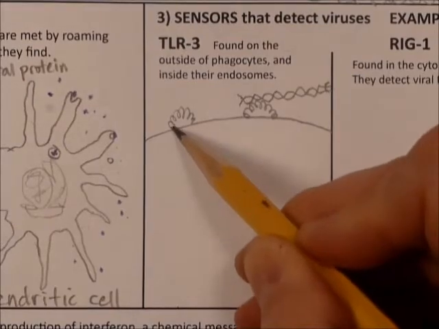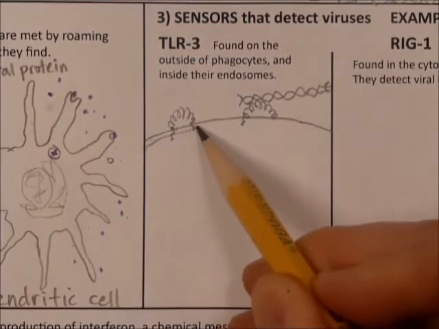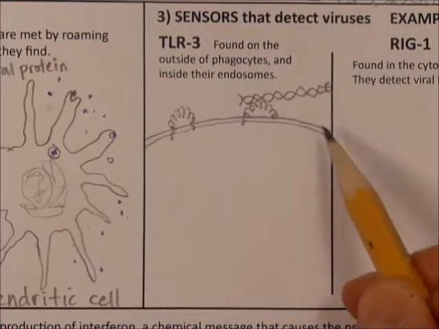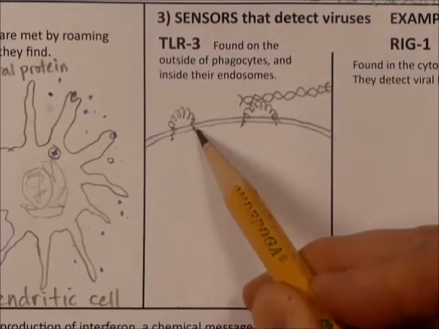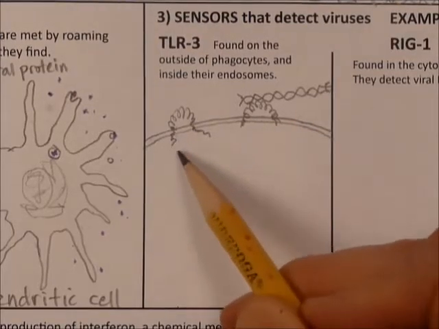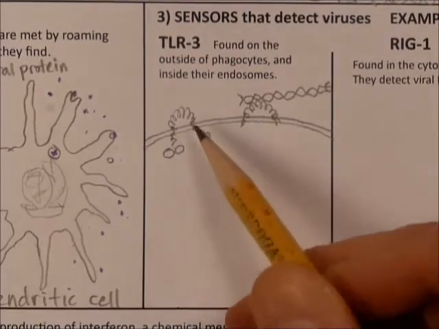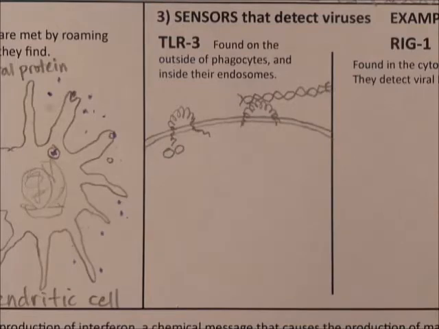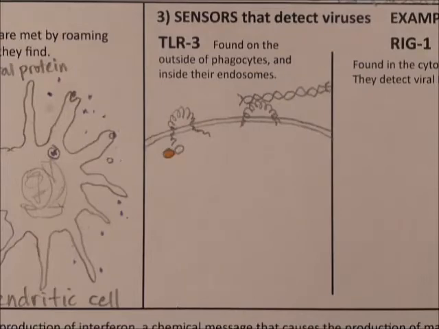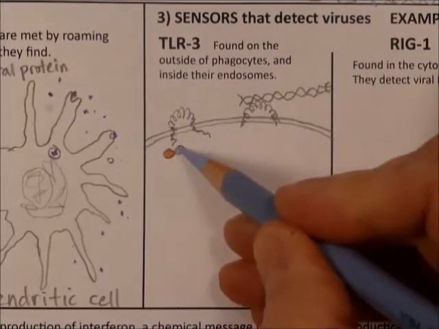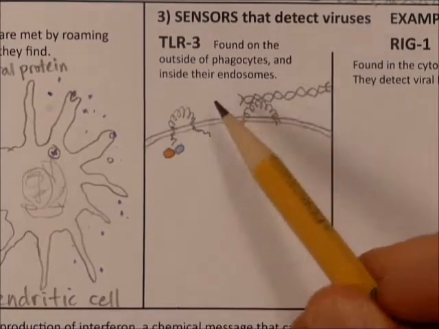So let's say this guy's been activated, and I'm just going to make a couple little curly things to show that it goes through a membrane. In fact, I might even make it 2 lines, so it's like a double membrane. It's got little anchors through the membrane, and then underneath, part of this molecule is going to be touching or be near a few other little proteins, and I don't even know exactly what shape they might be. We're just going to draw them as circles, and colors don't matter. We've got an orange one, and a blue one, or whatever. So there's some little proteins that when this thing touches,